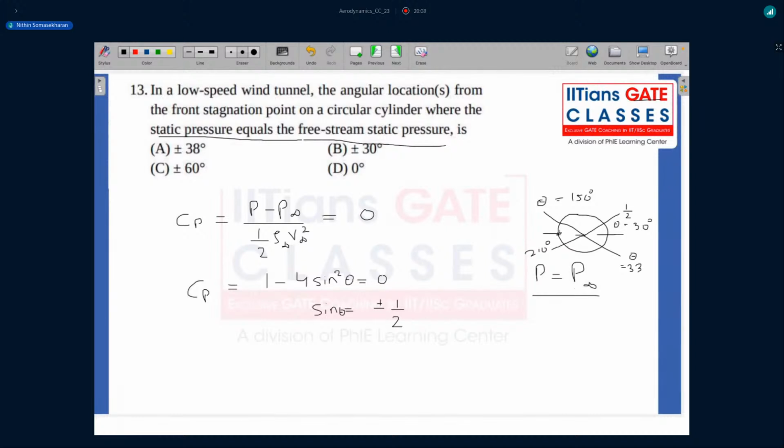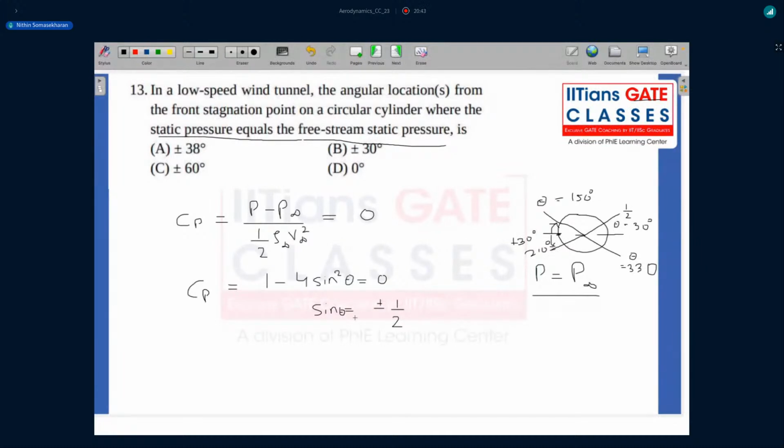So they're asking you the locations from the front stagnation point. You need to measure it with respect to the front stagnation point in both directions. From the front stagnation point, if you go plus 30 degrees, so always anti-clockwise direction is taken to be positive in a mathematical sense, and clockwise direction is taken negative in a mathematical sense, not in an aerodynamic sense, but mathematical sense. So if I go plus 30 degrees, that is, to this location of 210 degrees, I get